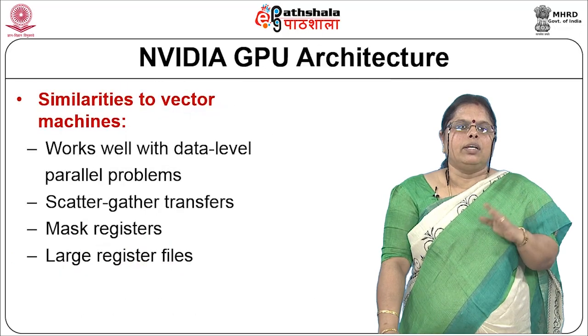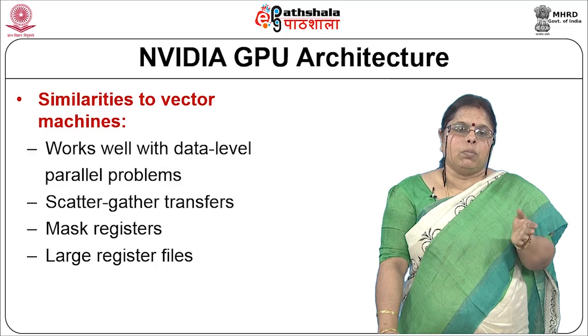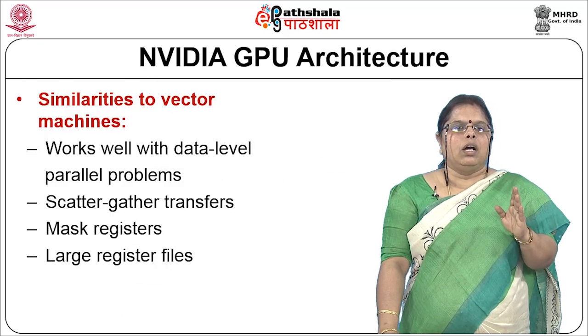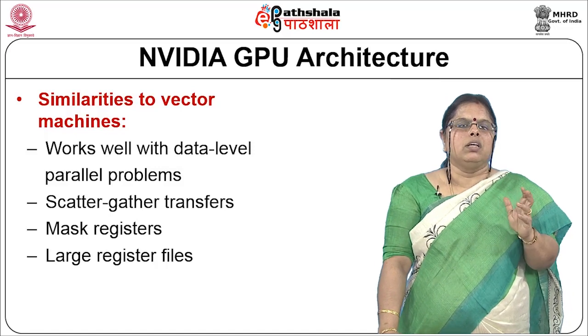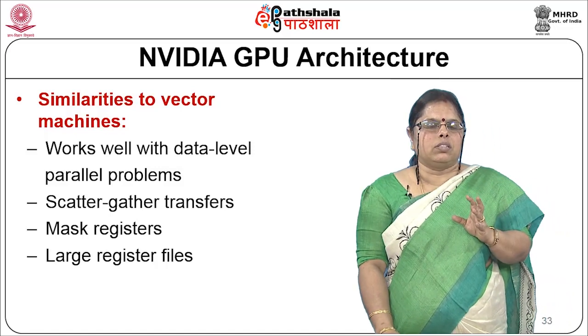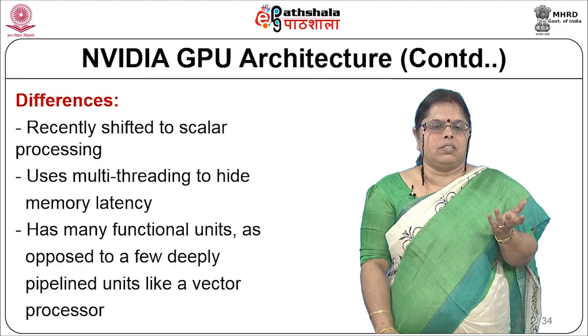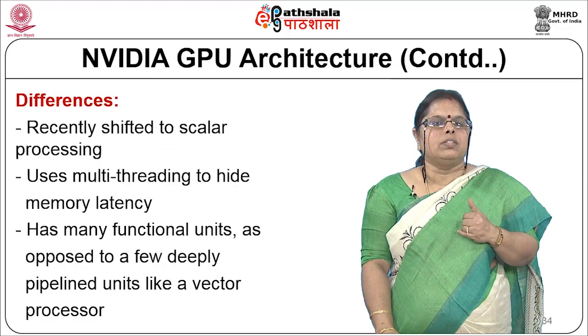So, if you look at similarities with your vector machines, they work well with data level parallelism problems. Scatter gather transfers are also supported in GPU architectures. You have support for mask registers, you have support for very large register files. But the differences are that